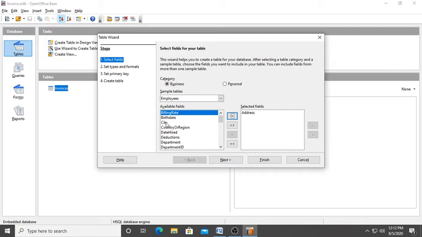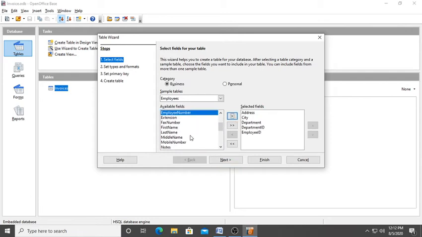Then address is chosen. Then we can take city. Then you can take department also. We can take department ID also. We can take employee ID, through which the employee will be traced. So these four-five fields we are taking.